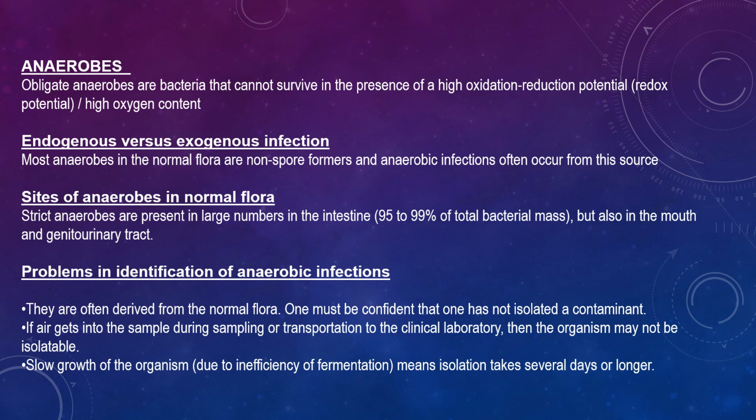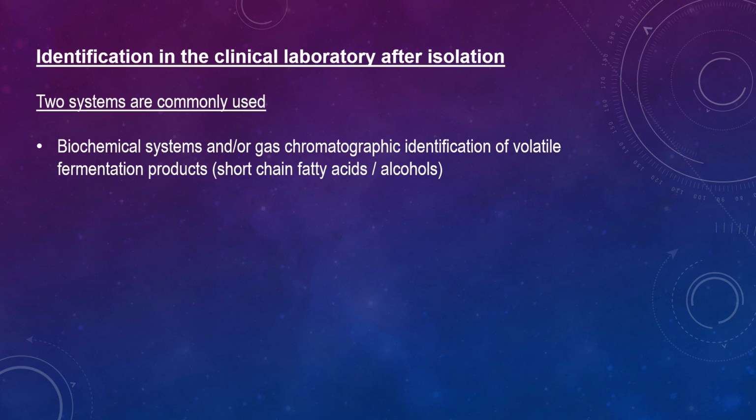So there are problems in identification of anaerobic infections. They are often derived from the normal flora. One must be confident that one has not isolated a contaminant. If air gets into a sample during sampling or transportation to the clinical laboratory, then the organism may not be isolatable. Slow growth of the organism due to inefficiency of fermentation means isolation takes several days or longer. Systems commonly used to identify anaerobes are biochemical systems and/or gas chromatographic identification of volatile fermentation products,